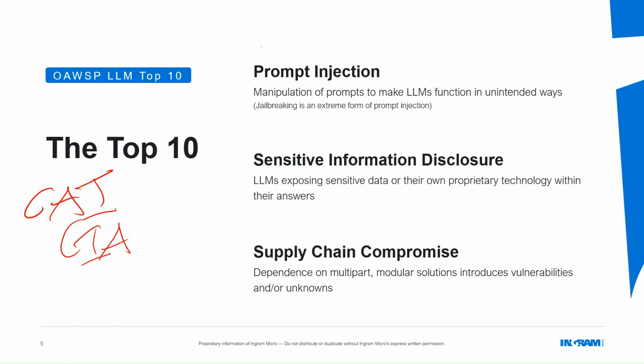Supply chain compromise. This is based on the fact that very few people are making their own AI engines. They're basing it on engines and modules that have been made by other people, other vendors, other companies. In doing so, you're baking in vulnerabilities which could be exploited to make things happen, like sensitive information disclosure. To tie these all together on this screen, you could use a prompt injection from a known compromise in the supply chain in a module that is inside your AI to make it put out sensitive information about your organization. Like I said, all ties together.